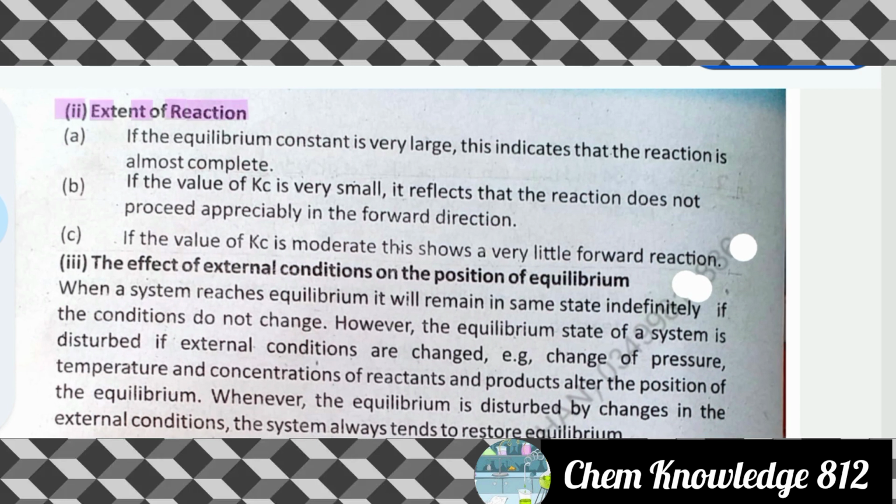No extent of reaction: if the equilibrium constant is very large, this indicates that the reaction is almost complete. अगर इक्विलिब्रियम कांस्टेंट बहुत ज़्यादा है तो फिर ये ज़ाहिर करते हैं कि रिएक्शन ऑलमोस्ट कंप्लीट है। और if the value of Kc is very small, अगर किसी की जो वैल्यू है इक्विलिब्रियम कांस्टेंट की वो बहुत कम है, तो इसका मतलब है कि the reaction does not proceed appreciably in the forward direction. और अगर if the value of Kc is moderate, this shows a very little forward reaction. अगर किसी की वैल्यू दरम्यान में तो फिर फॉरवर्ड रिएक्शन लिटल क्वांटिटी में होगा।